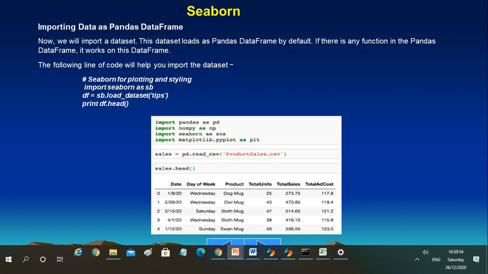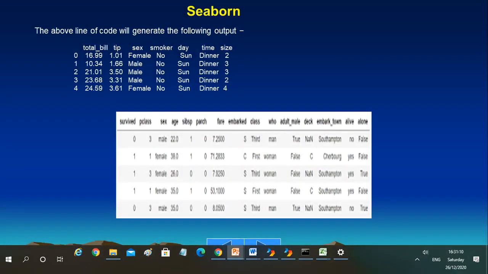df, that is data frame, is equal to sb.load_dataset, and then within brackets "tips". Then print df.head, and then you will get the top 5 records of the data set, right? It is appearing on your screen. Now the above line of code will generate the following output, like all these index numbers are there, 0, 1,